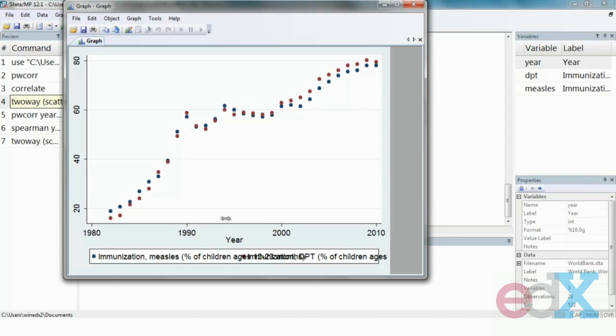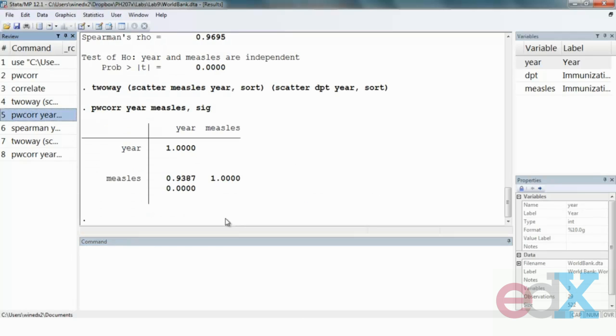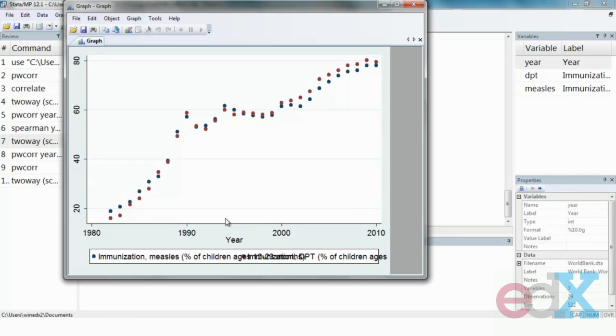And again, examining the scatter plot that we saw and looking at this correlation matrix that we calculated, we end up with really high correlations in this example. Now, thinking about your standard public health applications, would you always expect correlation coefficients that are this large, or are these exceptionally high correlation coefficients? So this is an interesting question, and I think in this example, we see a very, very clear pattern in the data. It's very clear that immunization efforts have been scaled up